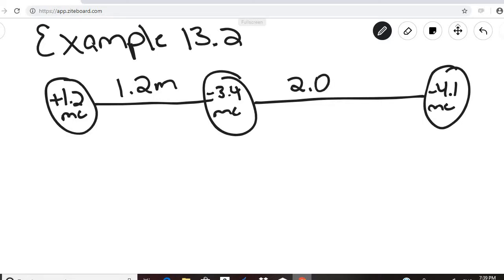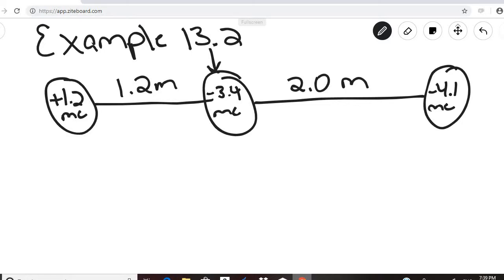The distance between these two is 1.2 meters, and the distance between these two is 2.0 meters. The question asks, what is the total instantaneous electrostatic force that is exerted on this charge, that particle? So we're only interested in the forces that are exerted on the negative 3.4 millicoulombs. This problem is not so difficult because since it's in a straight line,